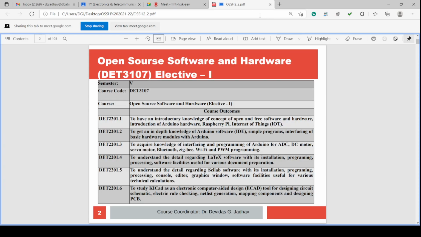Course outcomes: to have an introductory knowledge of the concept of open and free software and hardware, introduction of the Arduino hardware, Raspberry Pi, Internet of Things, IoT; to get an in-depth knowledge of Arduino software IDE, simple programs, interfacing of basic hardware modules with Arduino; to acquire knowledge of interfacing and programming of Arduino for ADC, DC motor, servo motor, Bluetooth, Zigbee, Wi-Fi and PWM programming; to understand the details regarding LaTeX software with its installation, programming, processing, software